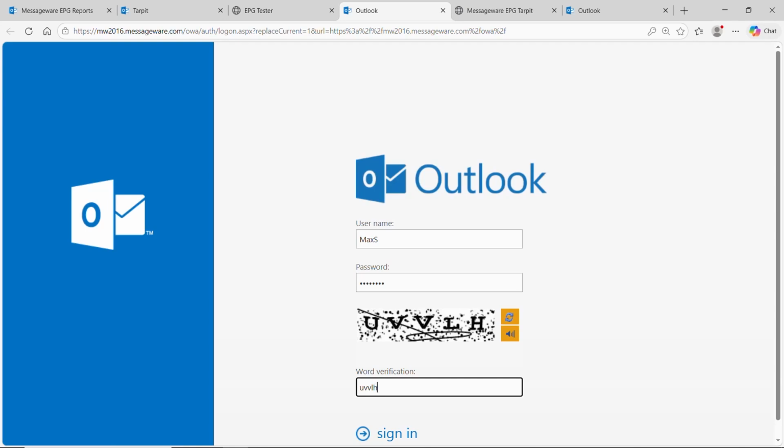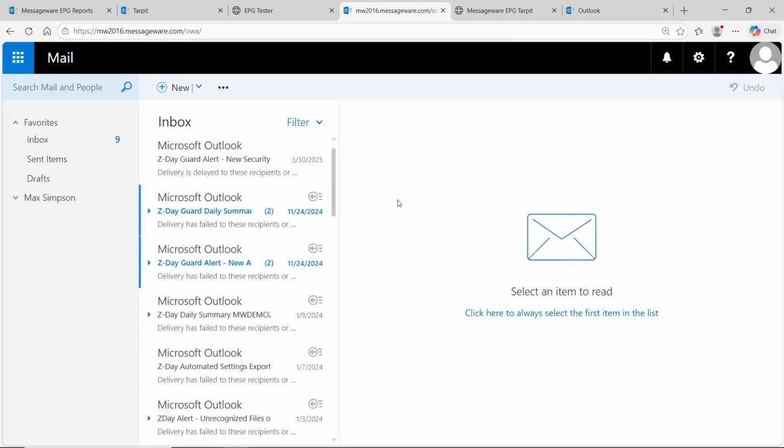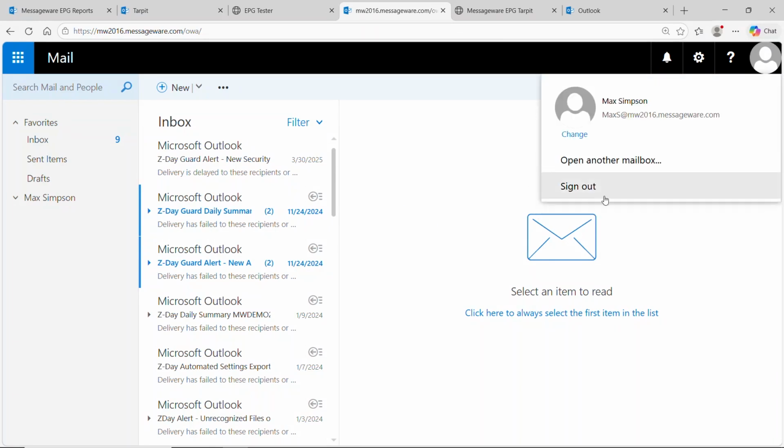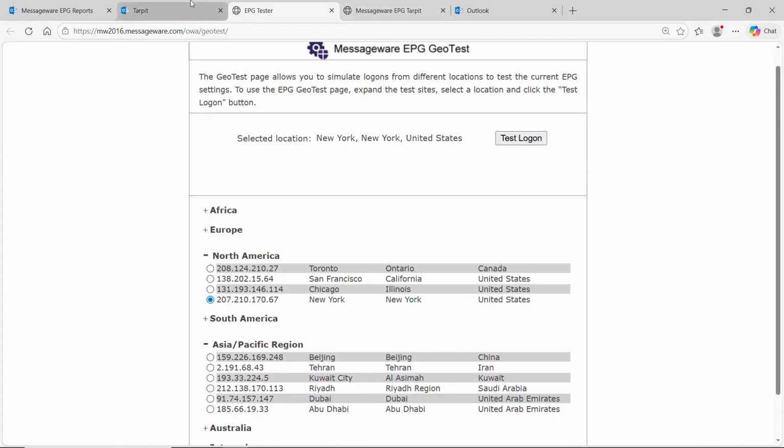And the great news here is the user can log in. They won't even know there's been any sort of password attacks on their account. They are not locked out. They do not have to call the help desk. They can get on with their day, log out, and the CAPTCHA will be cleared, and onward we go. So that is the tarpit function.